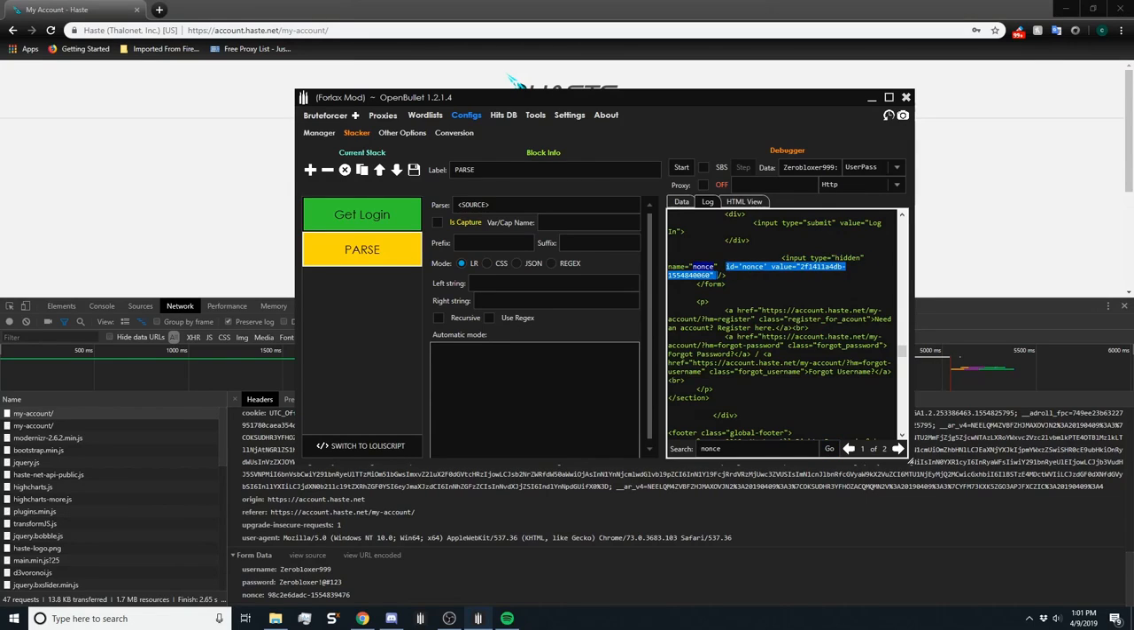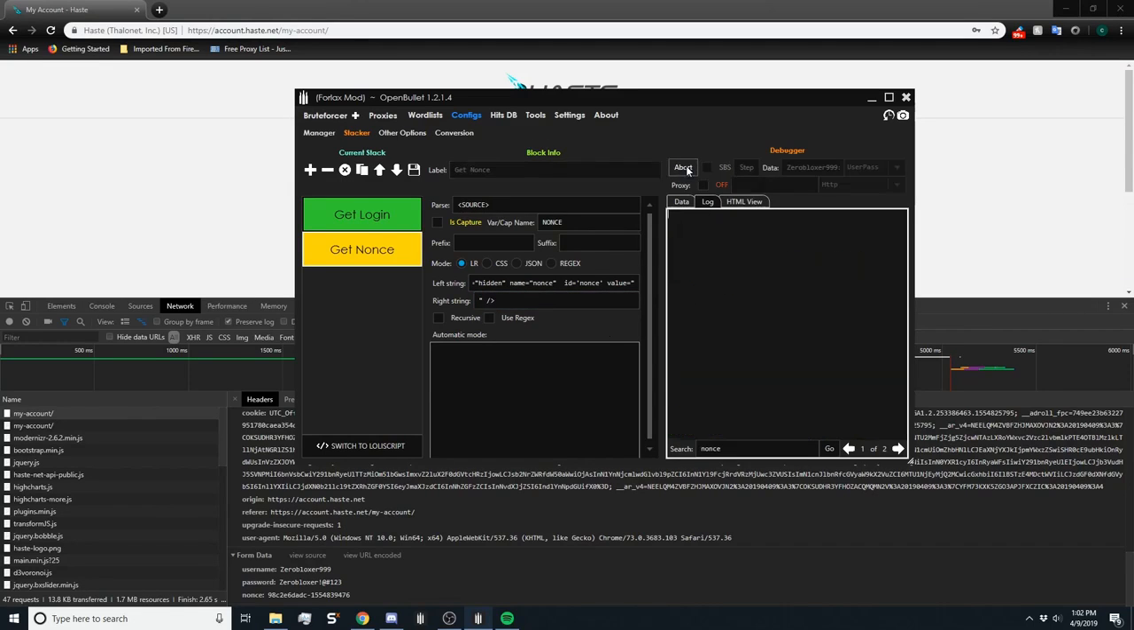We need to filter the nonce value, and you do that by doing the parse. So we're going to rename this to get nonce. We're going to parse the source. We're going to name the captured thing nonce, and we're going to filter it out by using left and right. What left and right means is you take all the stuff to the left of the value and you put it there. And then you take all the stuff to the right of the value and you put it there. So now if we hit start and go to data, you'll notice nonce has collected the nonce value,